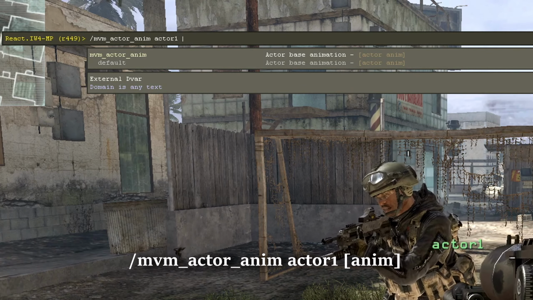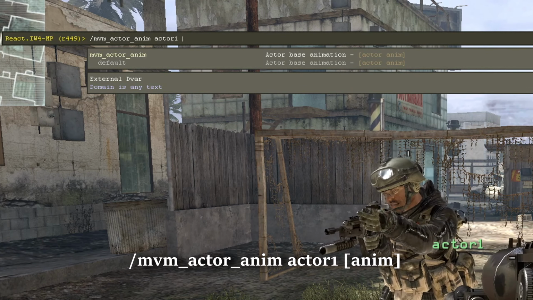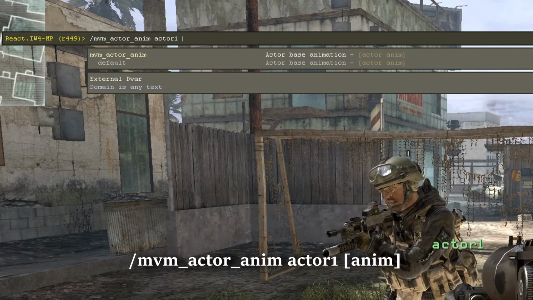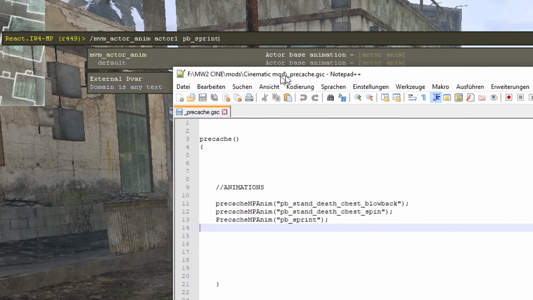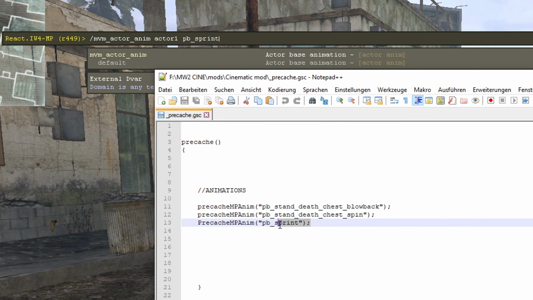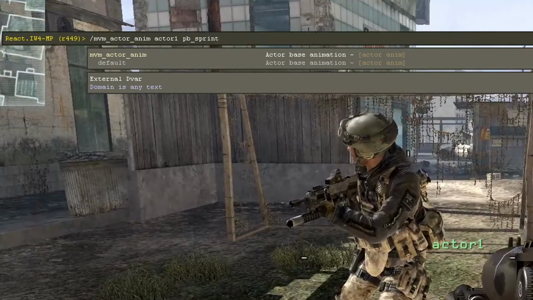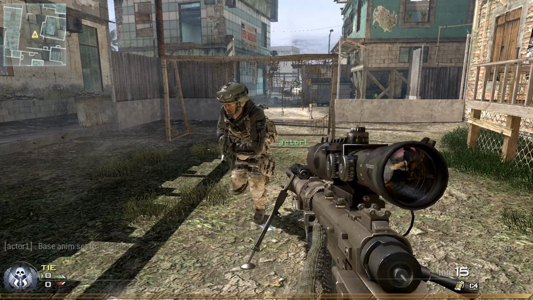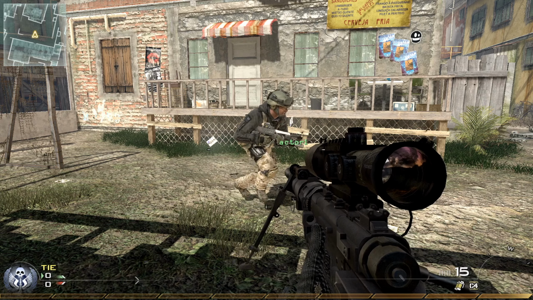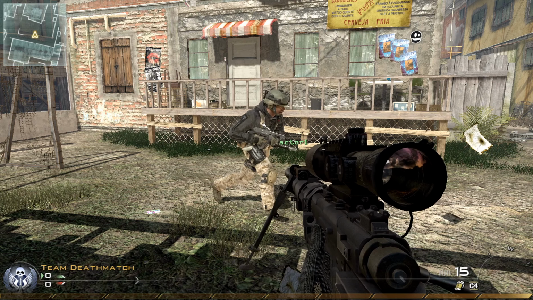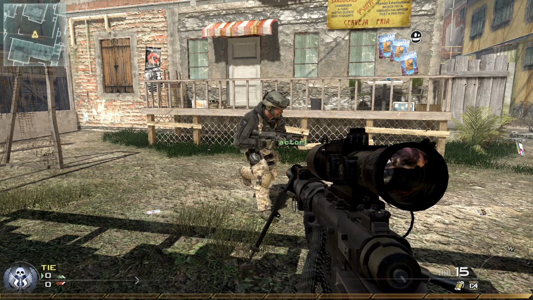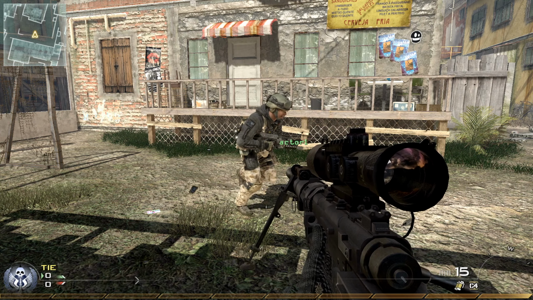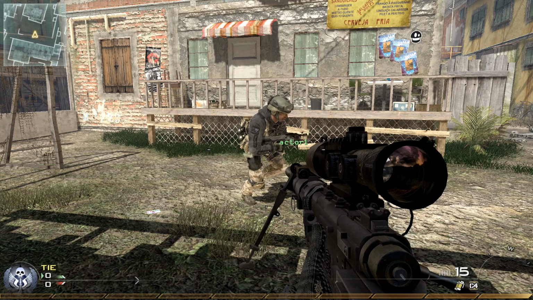And we want to have him have, let's say, a sprint animation. So it's PB sprint as you have it in the precache here. You want to have him sprint. So now you're probably thinking, okay, now he has the animation, cool, but he's still at the same point and he's not moving. So there's another command that will come in handy, and that is the